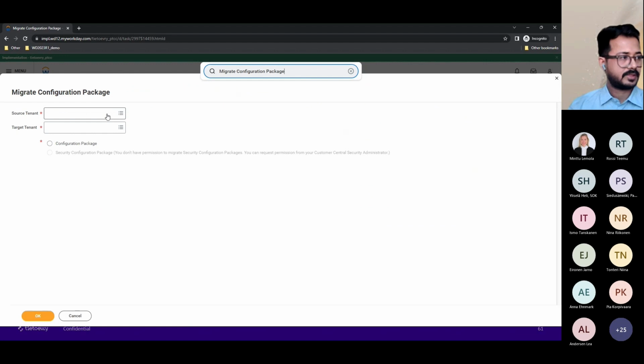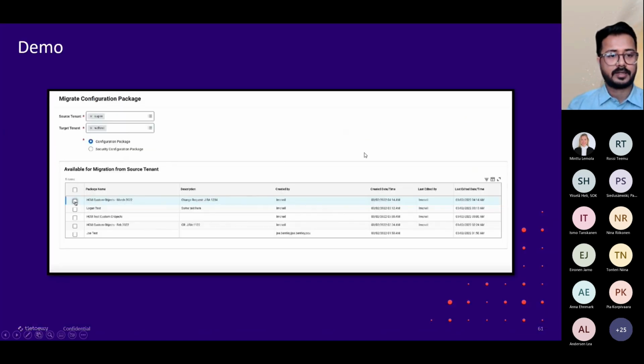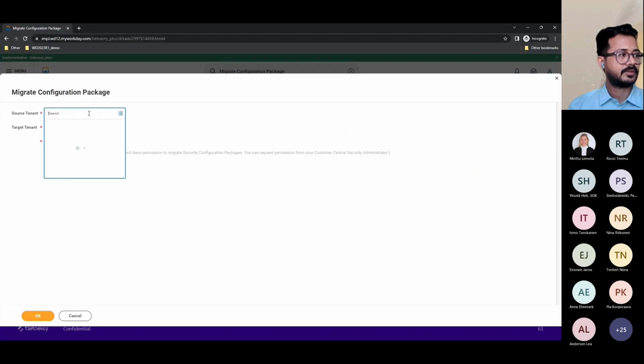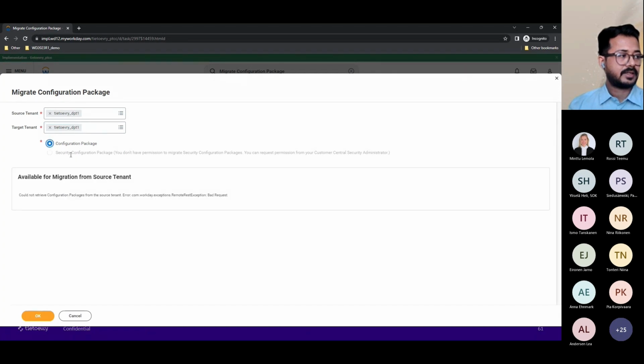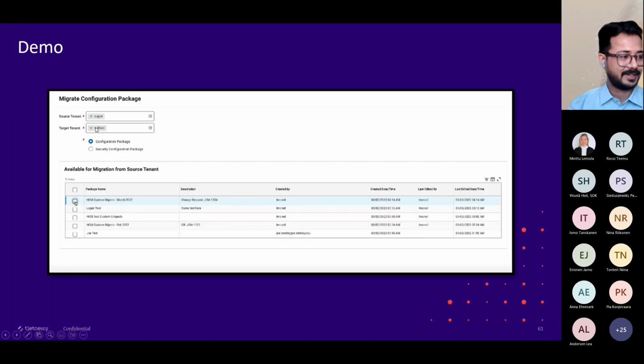And here you see the source tenant. I will also share the screen. So you see here migrate configuration package. It is same here. So we will select our source tenant and then we will select our target tenant. We'll select the configuration package, but you can see an error coming because we cannot do this. So I was stuck here. So I cannot show you how exactly it works in our demo, but I just wanted to show you the